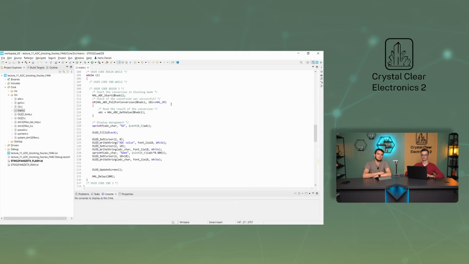This function also contains error handling, which checks, for example, whether the peripheral is even on. If not, the ADC is first turned on. But how will we know that the conversion is complete? This is done by the HAL ADC poll for conversion function, which takes the previously used ADC structure as a parameter and the timeout value. This indicates the maximum time in milliseconds to wait for the conversion to finish. In our example, the value passed is 10, so we wait for a maximum of 10 milliseconds for the result